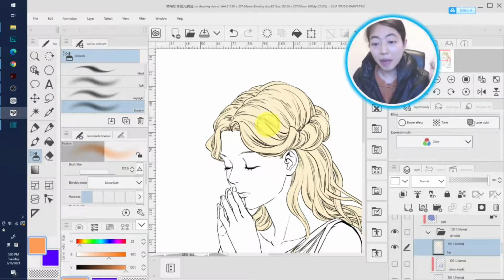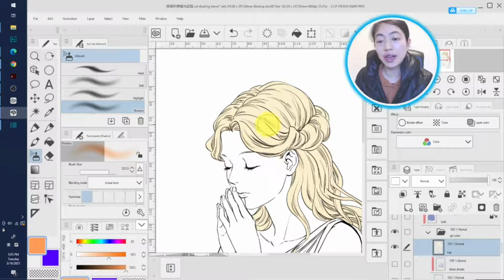Today I'm gonna show you how to use clipping mask in cell shading, and we have just flagged the hair